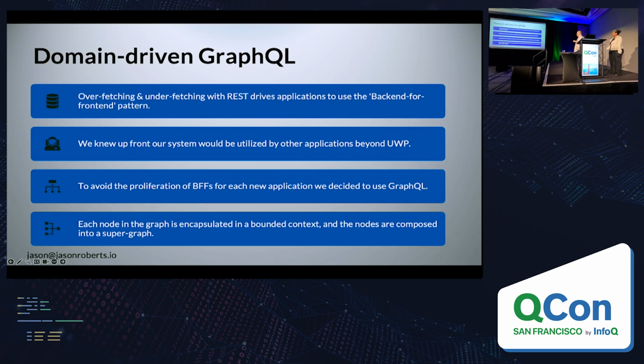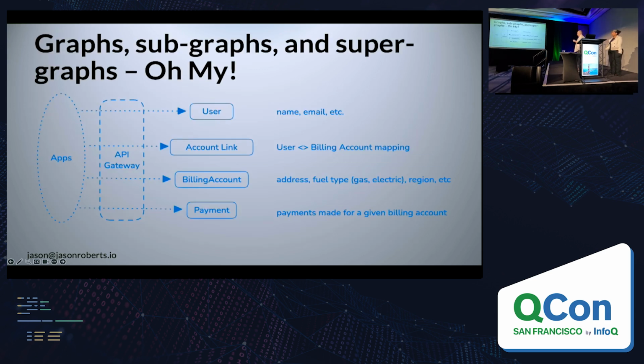So we knew that the system would be utilized by other applications. And in GraphQL, we have a node which corresponds to one of those bounded contexts in the graph, and a way to compose those nodes together into a supergraph. Why do we need to do that? The most naive implementation would look something like this. I have applications going through a gateway. I have 4 APIs. That's what those boxes there in the middle are, that have things you might expect, right? My username, my email, payments that I've made. I can write an application that will call those endpoints and do something useful with the data for a user.